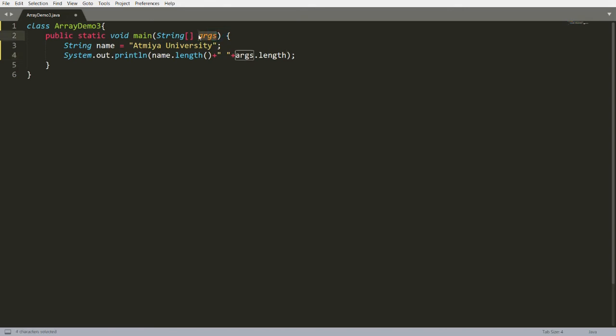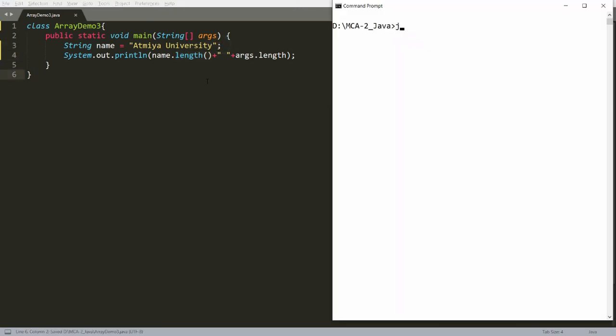Args is a command line variable, that is, args is my array variable. So this array variable will return me the total length of what is passed at the command line. So this is the total size of the array and this is the total length of your string. You can just save this and compile your program, javac ArrayDemo3.java.